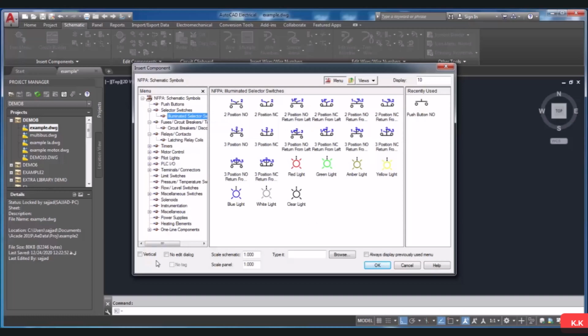On the bottom of our window, we have many options. The vertical option is used to insert components vertically and it is clear by default. You can specify the scale of the schematic drawing in which a component is inserted. You can also enter the block name of the component and type it here in the edit box and search to find the desired component. And here, when you select this checkbox, the previously opened or used menu will be available, and it is clear